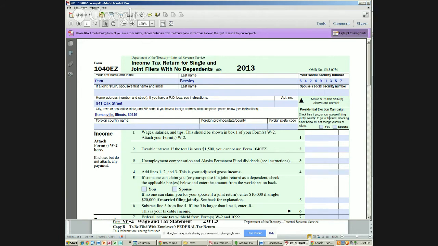Just leave it blank. All right, that top part is pretty simple, isn't it? Yeah, because it's like right there. Basic info. Well, here's the thing. All the other information is right there as well. So here we go. Now we're going to work on all of our income.